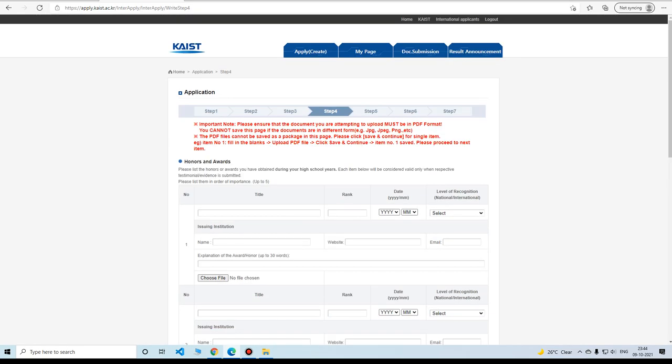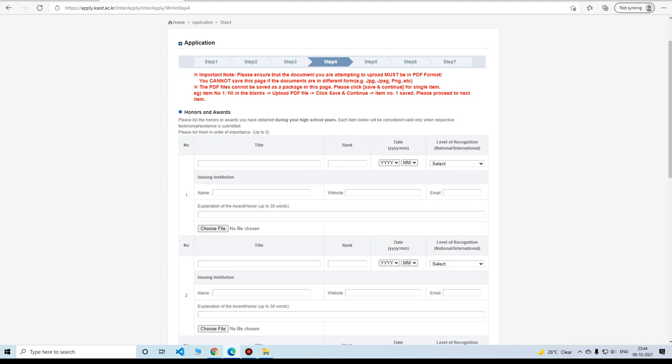Honors and awards. Now most students might not have this, but you can enter an honor or award. Let's say you have a badge from Google. You completed an online course and they gave you a badge, let's say an artificial intelligence badge.